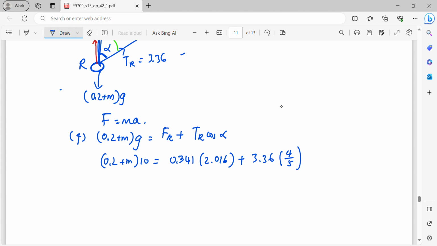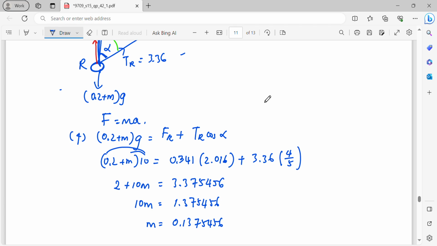Then for the left hand side, I will do expansion. These two values multiply by 10. So 0.2 times 10, it will be 2. Then 10 times m, it will be 10m. Now, for the right hand side, you can just get the total of these two terms. It will be 3.37. I give more decimal places, 5456. Okay, therefore my 10m, you just minus from 2, means that it will be 1.375456. That means my m just divide by 10, I will get